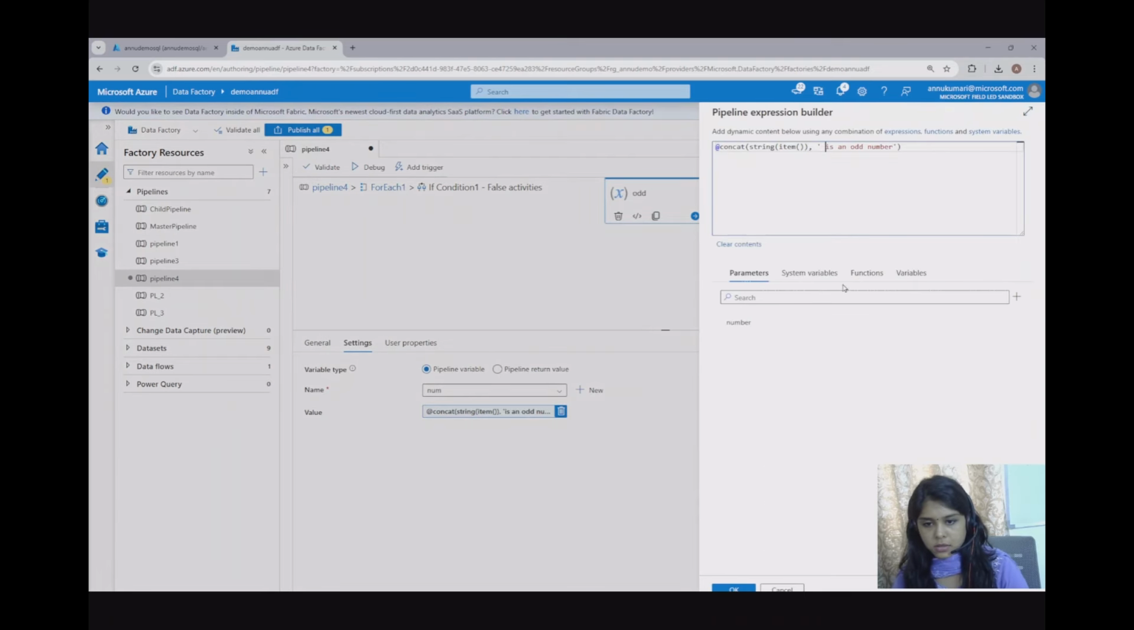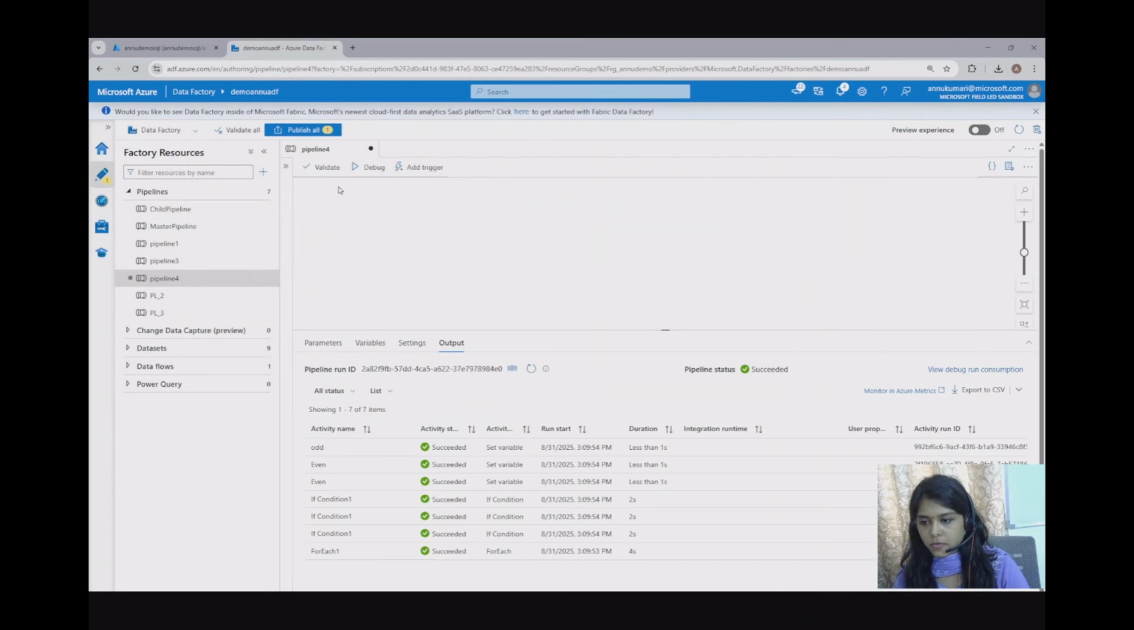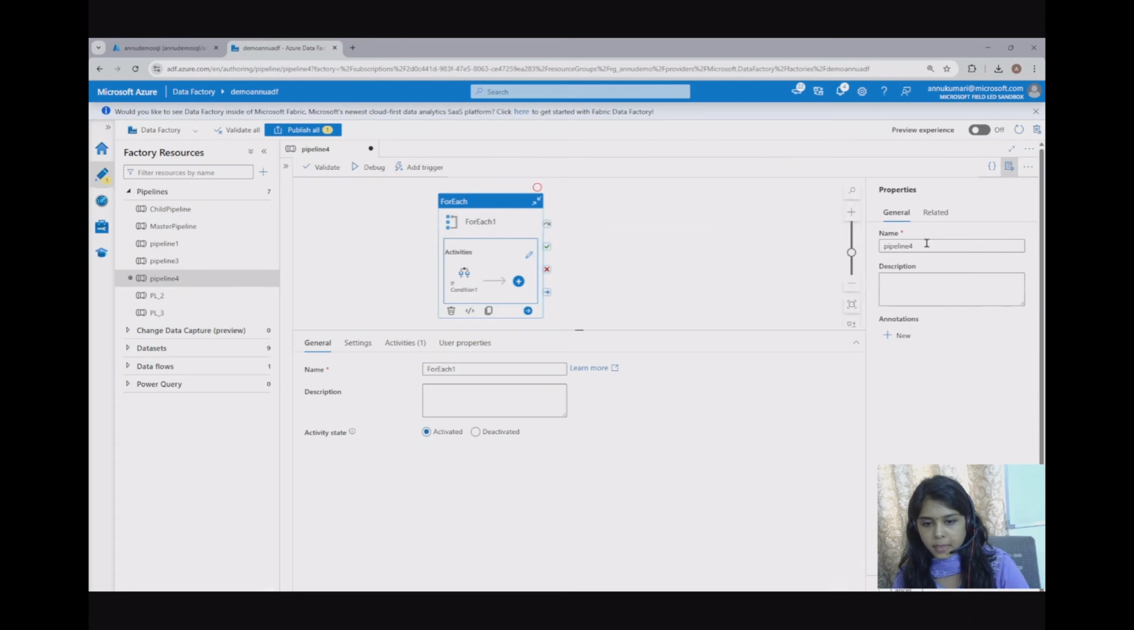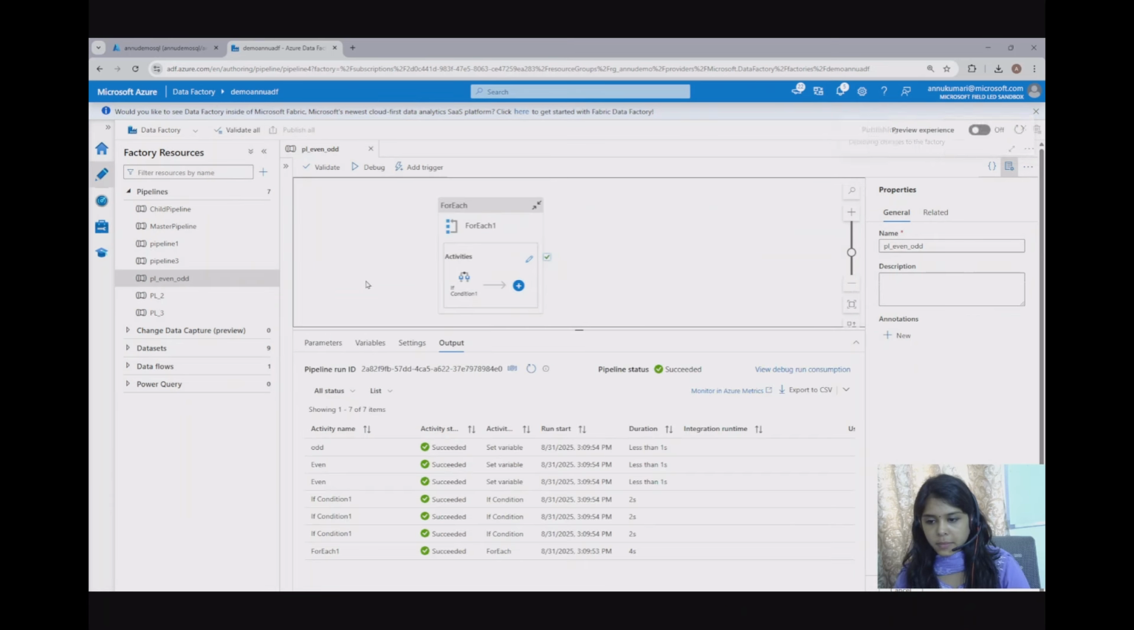Okay, so now this should be fine, and let me also rename this pipeline, say even underscore odd, and let me prefix it with pl underscore even underscore odd. Let me publish it now. So this pipeline is working fine,